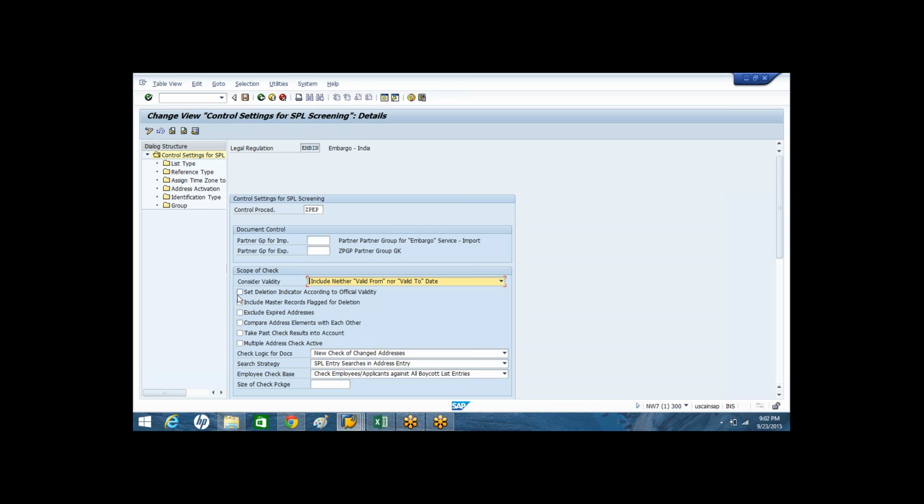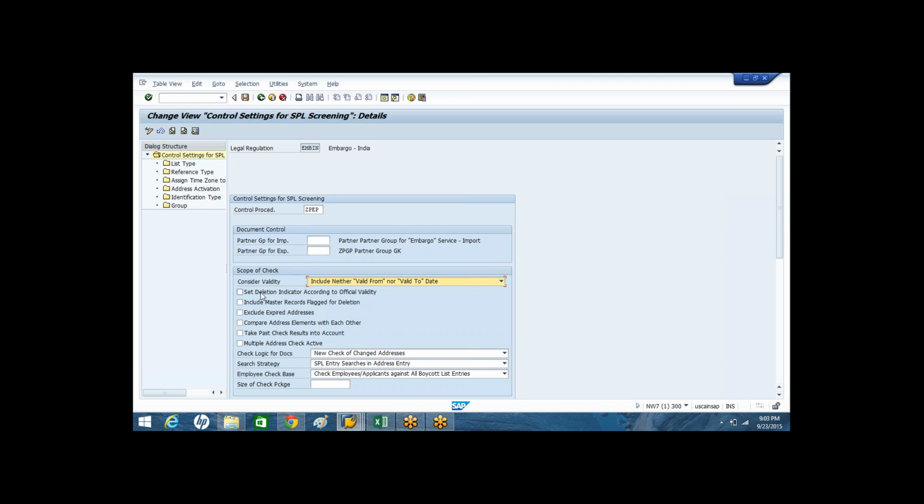And then set a deletion indicator according to the official validity. For example, if you want to put a deletion indicator on the SPL members whenever the validity is expired, let us say the restriction on a particular SPL member is already expired, then if you would like to give a deletion indicator to the respective record, you can make a configuration that sets the deletion indicator whenever the validity is completed.